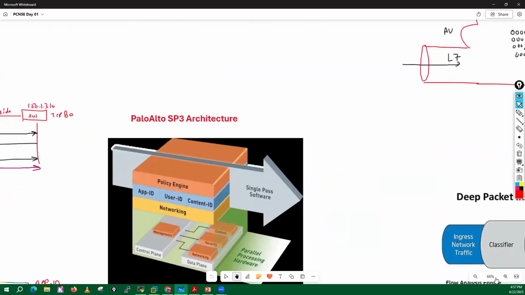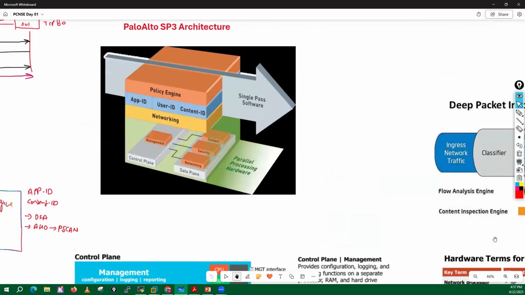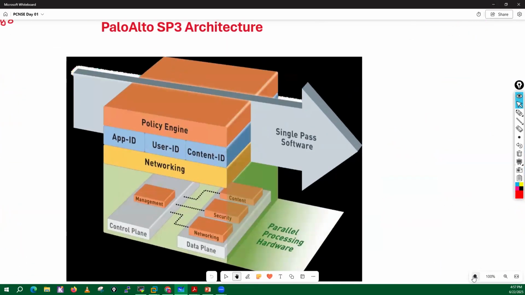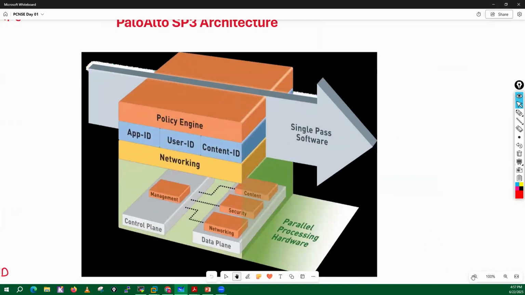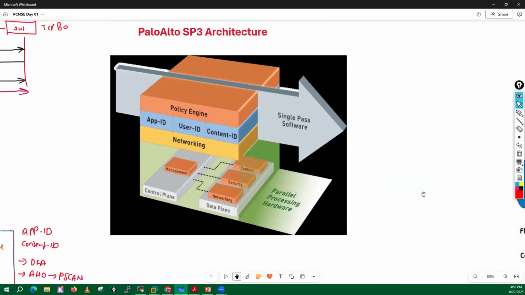Now let's try to understand what do you mean by this SP3. So guys, I hope this diagram is visible to everybody properly. Just write on the chat if it's visible properly.